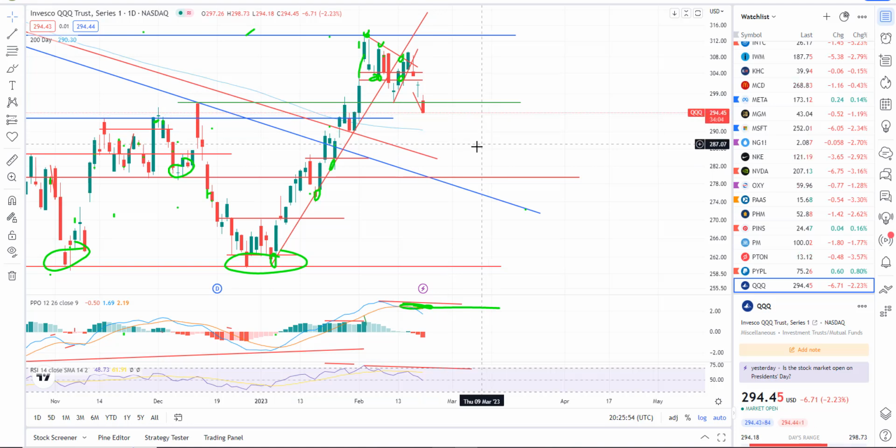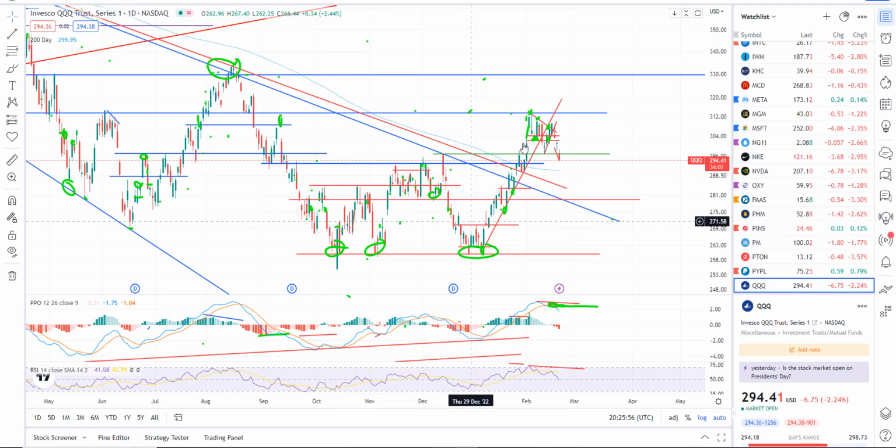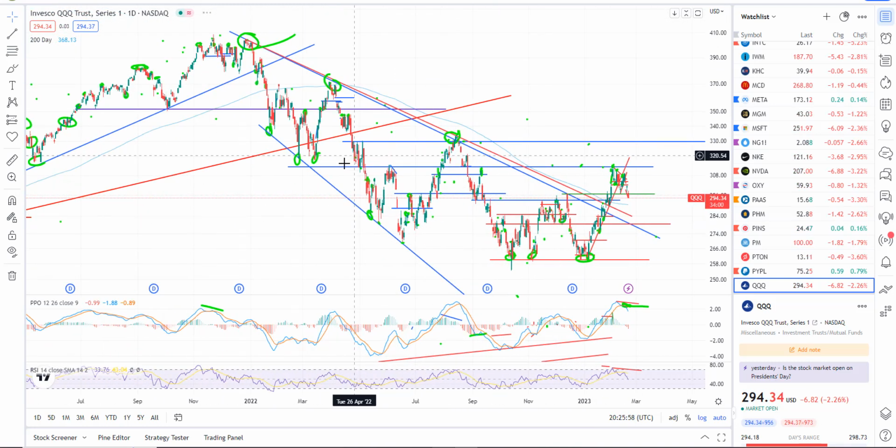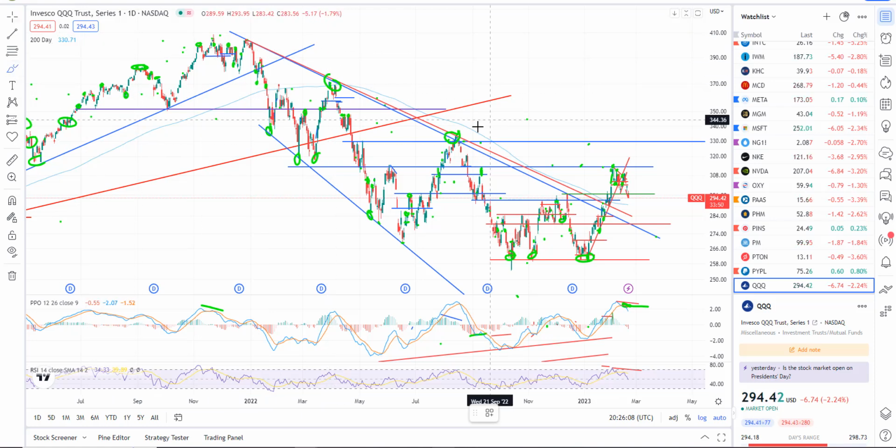Triple Qs. So we have had a rally, right? We are in a bear market. That has not changed, okay? A bear market is defined, the old way of defining it is down by 20% or more, but at the end of the day, it's lower highs and lower lows. It's a trend, all right?